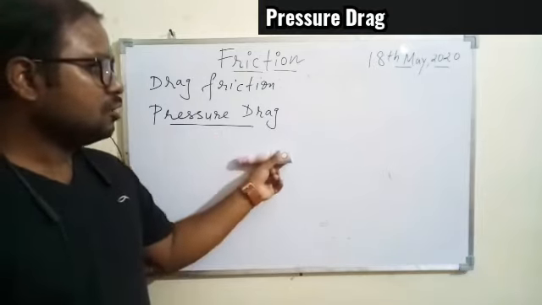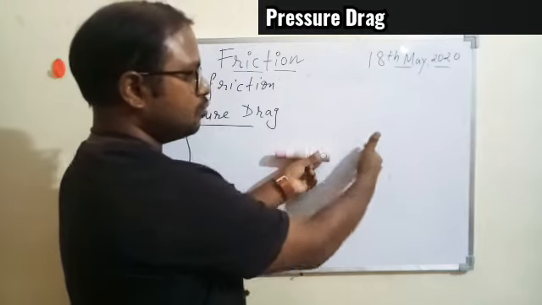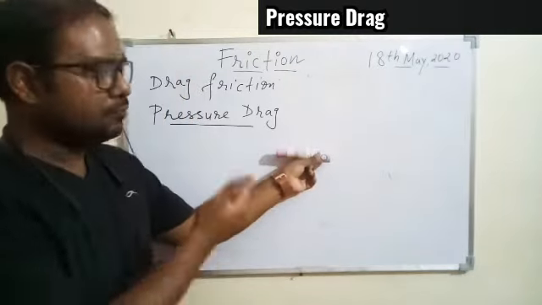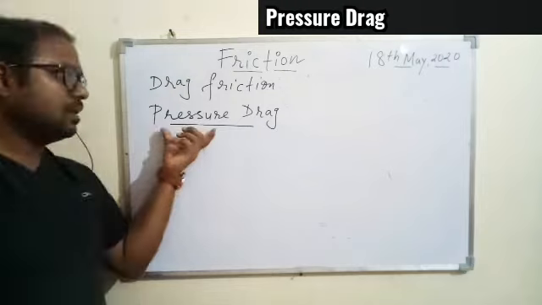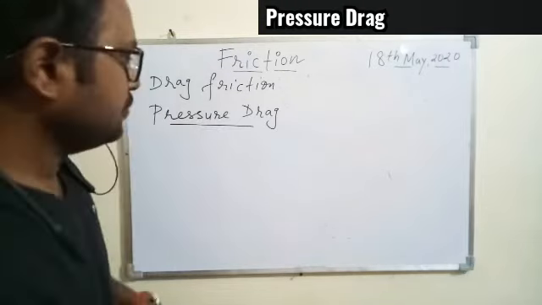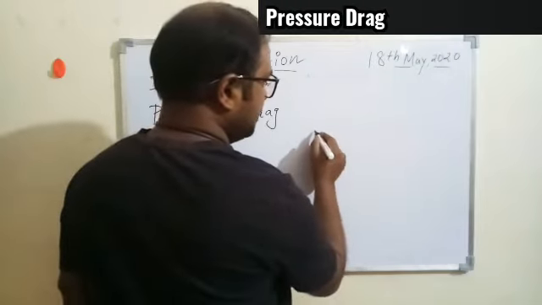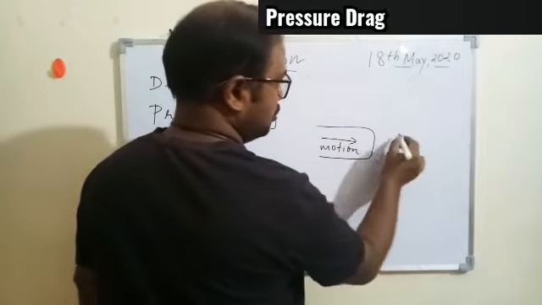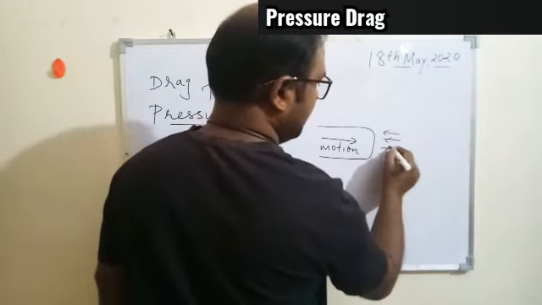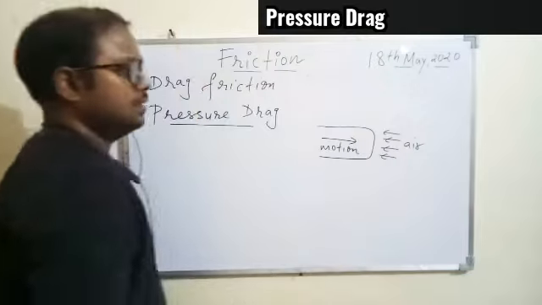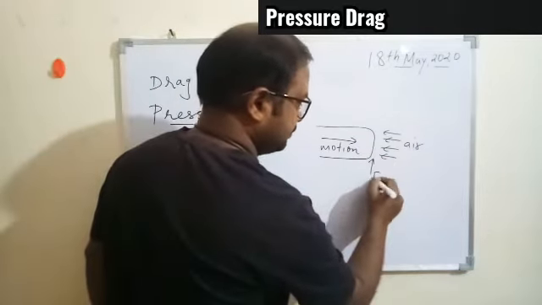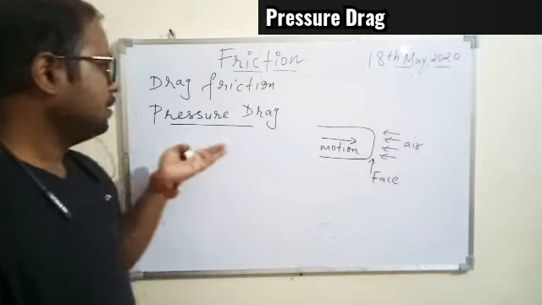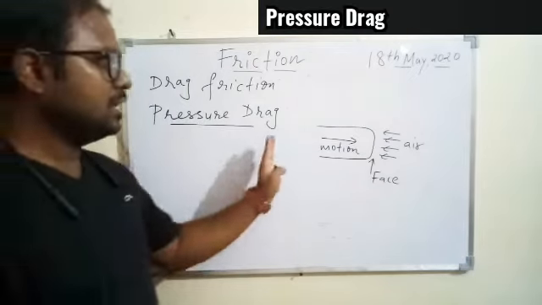So the simple concept is, if any object is moving forward, air molecules will be compressed here, and whatever pressure is given by the air on this front face will oppose the motion of this object, and that is given the name pressure drag. Simply, we can draw the diagram. If any object is in motion, the air will be compressed here. On this face there will be pressure on the object, and that pressure is given the name pressure drag, that will oppose the